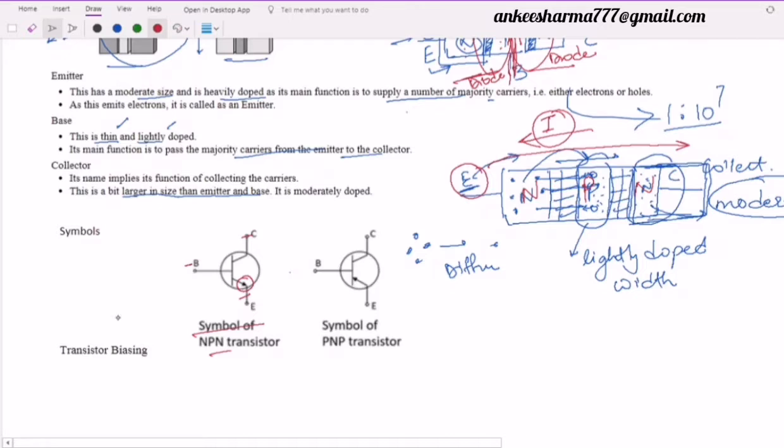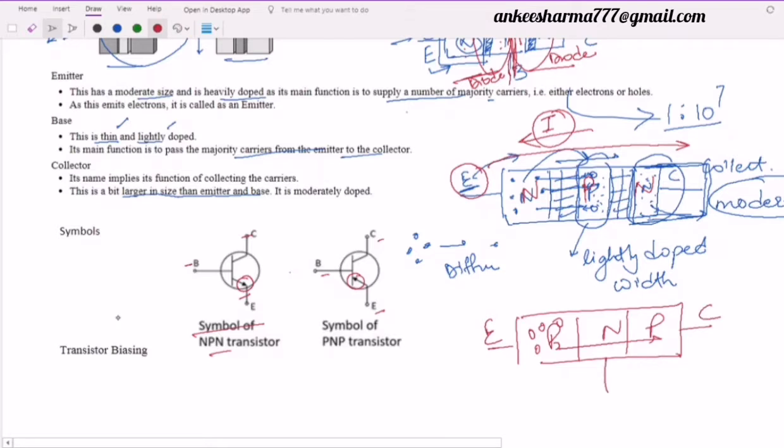Now if I compare it with the PNP, the rest of the things are the same. Collector, base, and emitter, three terminals are there. But if I look at this current direction, it is opposite over here. Why is it opposite? Because in the case of a PNP transistor, we are having holes over here. So the holes will move from your emitter towards the collector. So definitely when holes are moving from emitter to collector, the direction of the current will be the same as that of the holes. We have studied that. It means this time the emitter is giving the current, or the direction of the current is from emitter to collector. So can I say this is my emitter? So my direction will be away from the emitter.